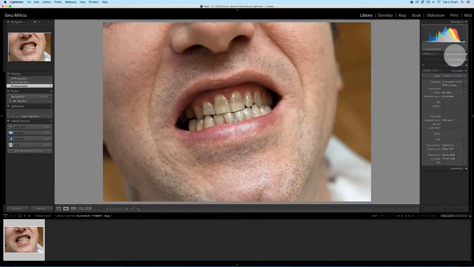Hey guys, today I want to show you how to brighten teeth using Lightroom. So on the screen now I've got a set of kind of pretty gnarly looking teeth. He hasn't been to the dentist for a while by the looks of it. So there's a few ways that we can fix those up and just make them a bit brighter and nicer